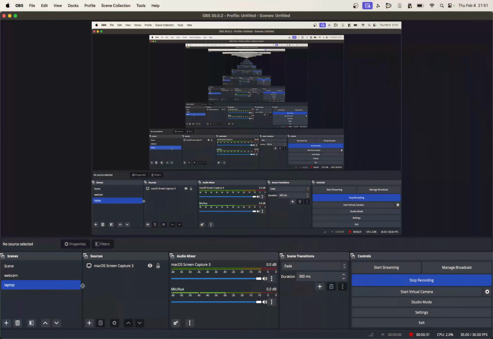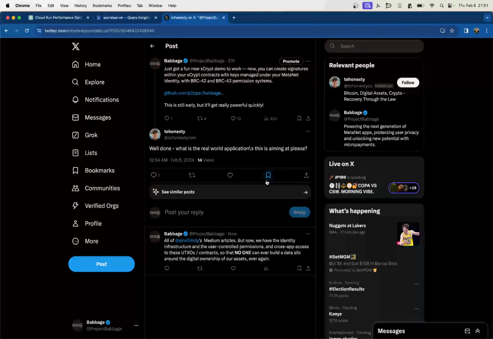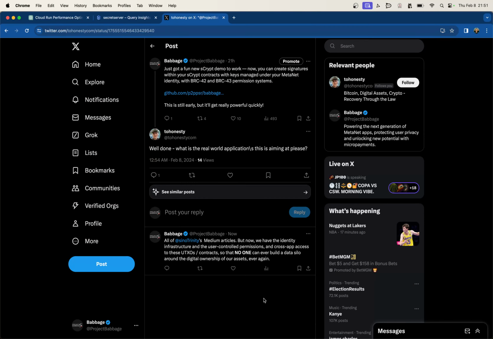So a few days ago, I tweeted out a little thing about how people can actually access their sCrypt contracts within Babbage applications, and how they can actually use all of the sCrypt features now, integrating with user-held keys for digital signatures using like op_checksig inside of an sCrypt contract, but in a way that is permissioned by the user through the MetaNet client. So that's basically a high-level description.